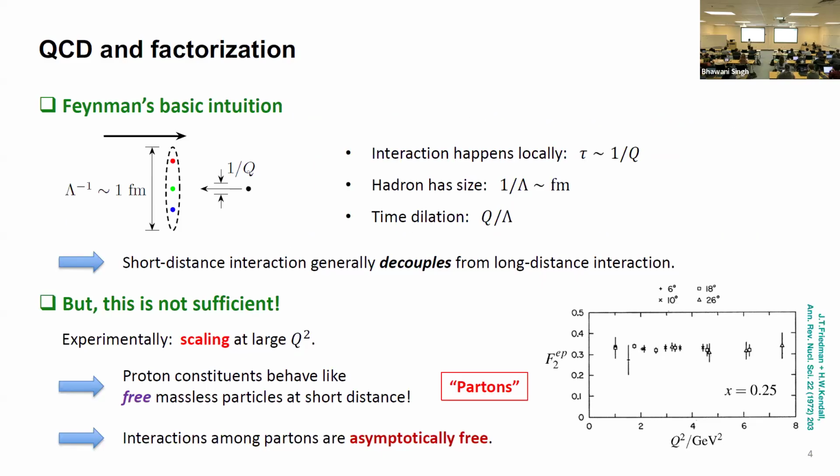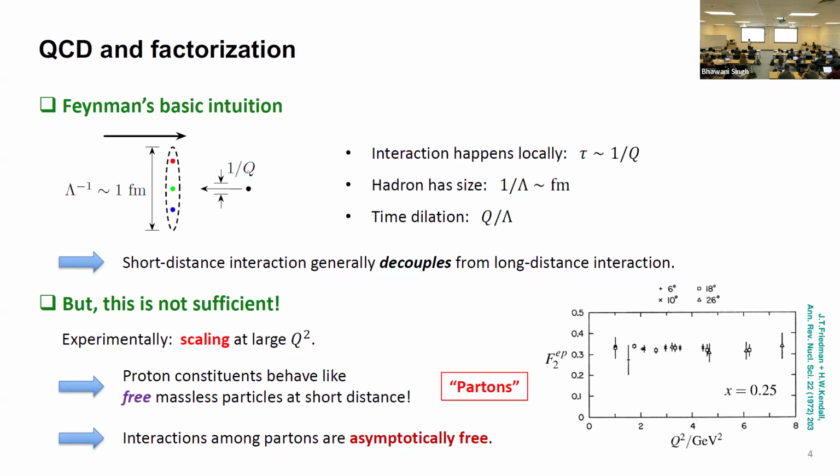And this experiment is a scaling phenomenon found at the DIS experiment at SLAC. And we know this happens in the late 1960s. And what scaling refers to is, if you perform this experiment at the DIS, have you learned about the DIS, or deep inelastic scattering? Okay, good. So if you measure the DIS experiment, typically we convert the cross-section we measure into structure functions, F1 and F2. Here I'm showing you the F2 structure function as a function of Q squared. And Q squared is the hard scale in DIS. And this is for a particular